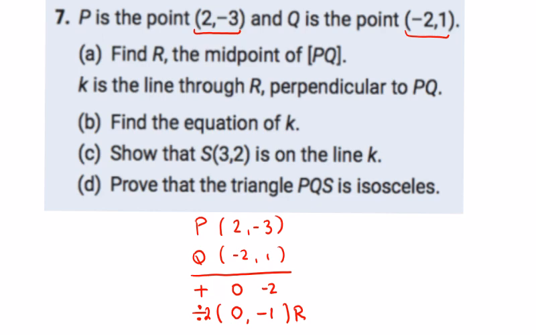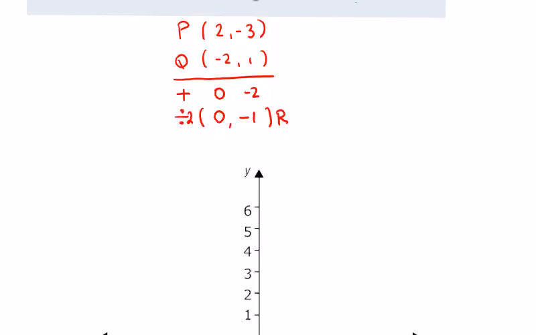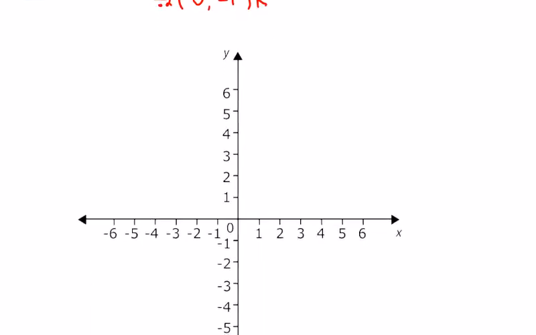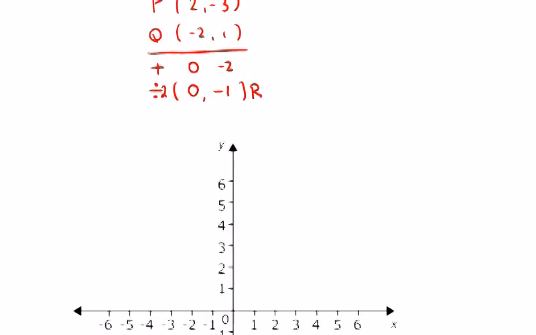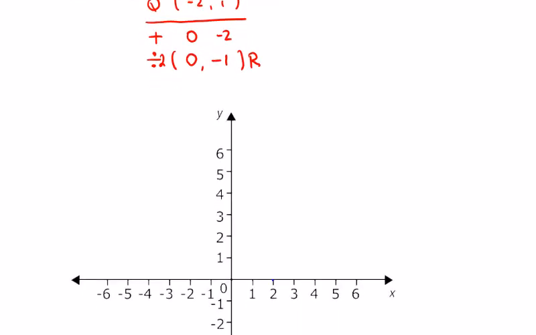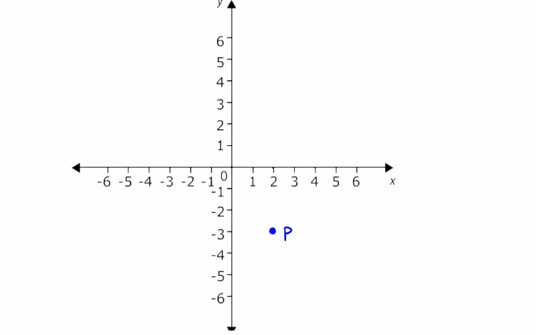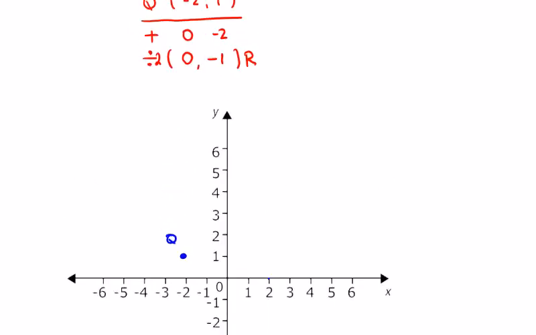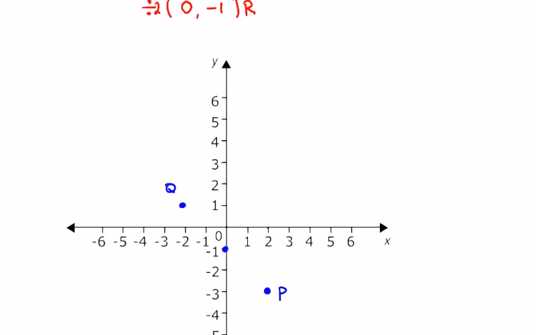So let's put these on a diagram. Let's put P on first. We've got (2, -3), so out 2, down 3. That's P. Q is (-2, 1). Q. And the midpoint was (0, -1). Midpoint was here. That was R. So if we draw a line,